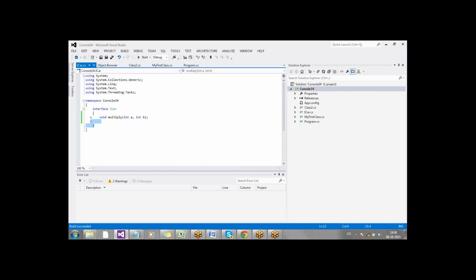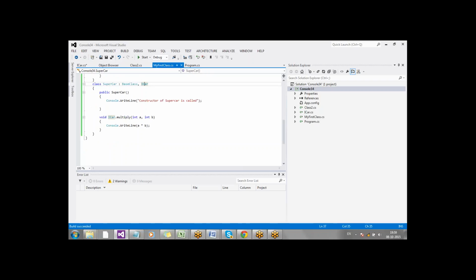And let me add one more interface here, and I call it IBaseClass, with a method called add, or subtract.